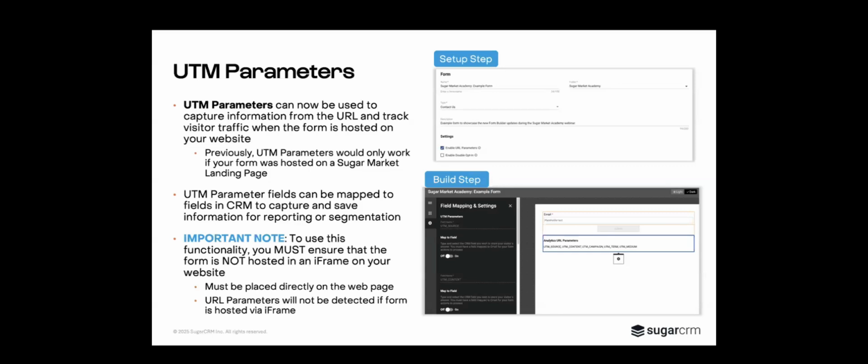Just don't put it in an iframe on your website. The reason being is basically that means it's not actually hosted on your website. It's like a little window into where the form itself is hosted. So that way it can't have the ability to grab those UTM parameters from the URLs and kind of map